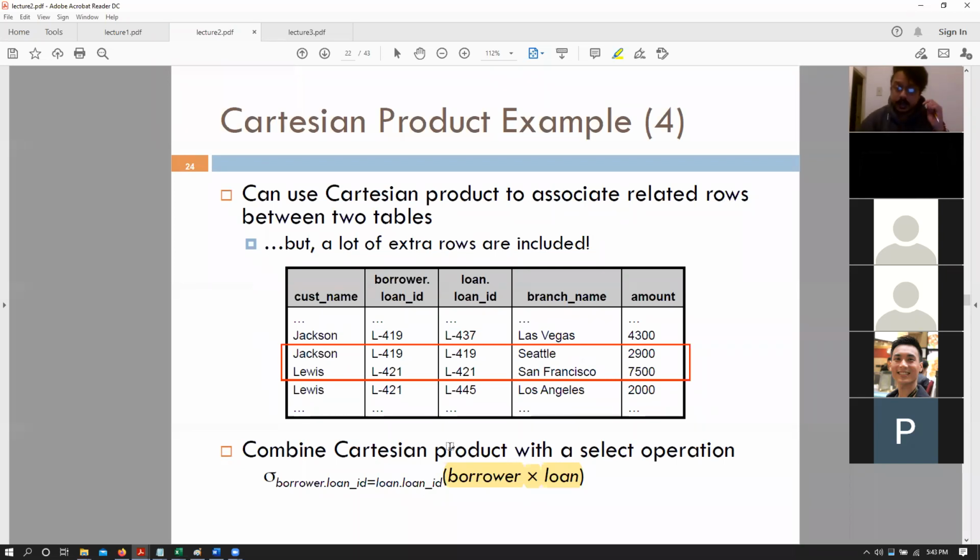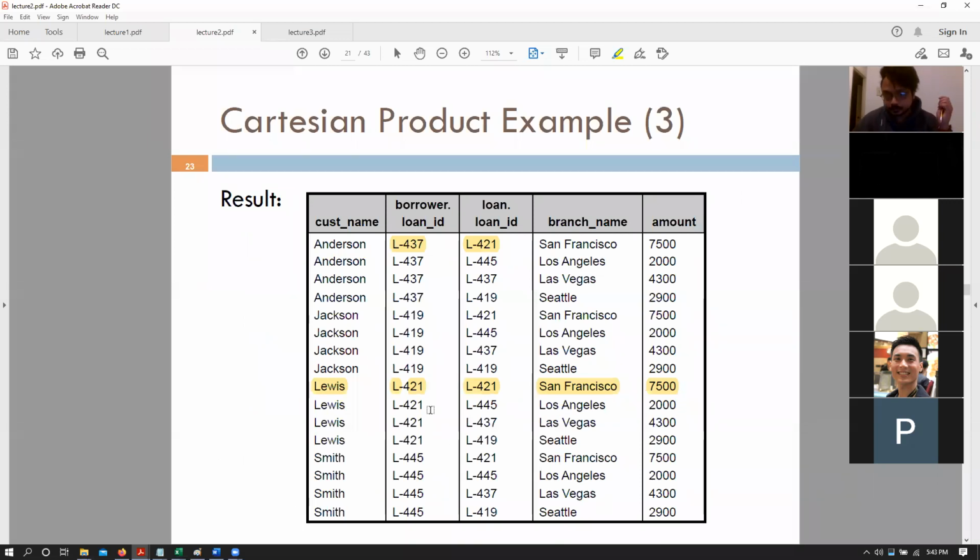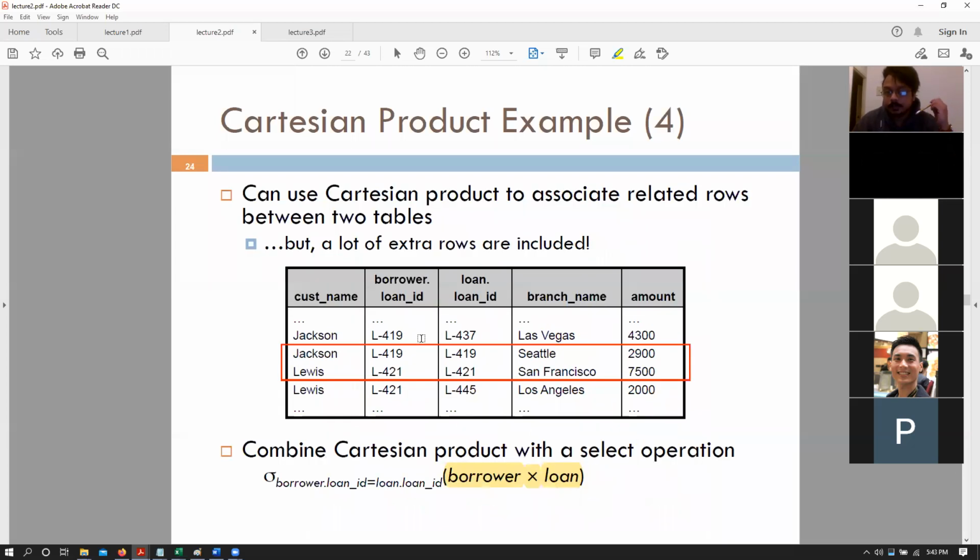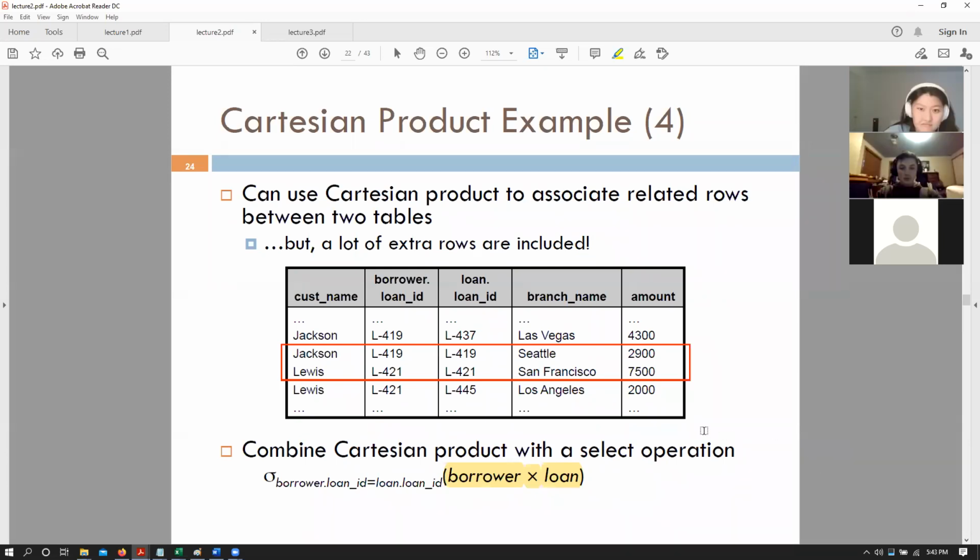That is a very interesting question, and that allows me to talk about another thing. In this particular scenario, we say that L437 and L421 does not make sense, right? Because both of those IDs need to be the same. Now, if we are actually performing a Cartesian product on those two relations, we are going to get some legitimate values along with some garbage values, as you call them, right? So if we perform borrower cross loan, it is generating those sets of tuples, and we are filtering out all of those values that are relevant to us, and that actually makes sense.